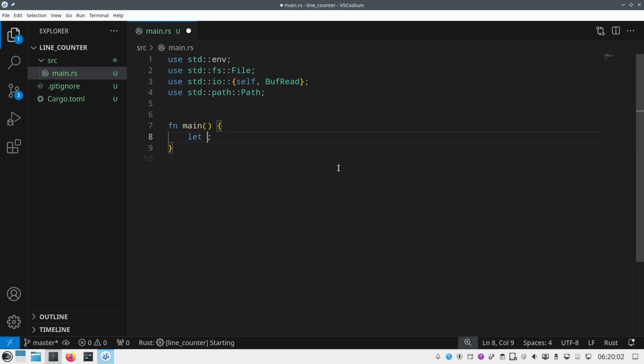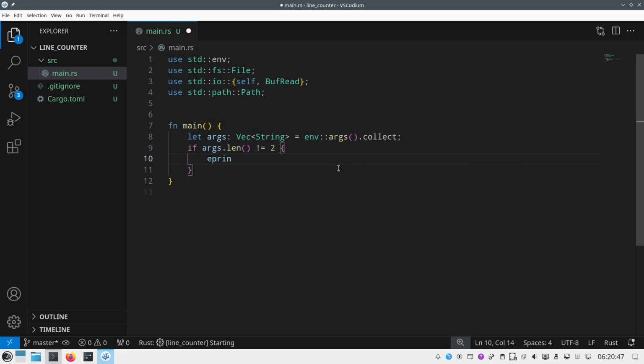So let args, or arguments, it's my variable name, be a vector, and this vector will be of String, okay, equal to env::args().collect(), okay, and if args.len(), the length, is not equal to 2, do the following: